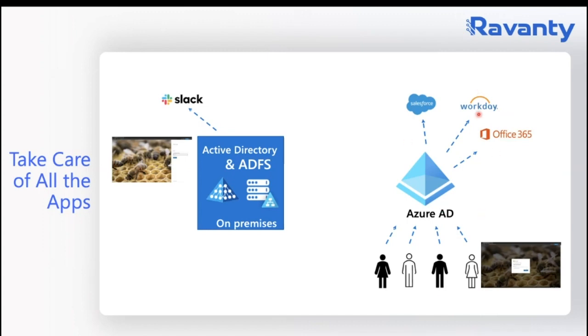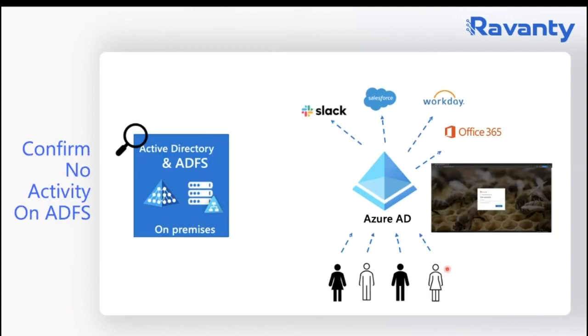Your applications are single sign-on to Azure AD. So what that means is the user logs in with their username and password. If there's any conditional access policy or other things that were implemented, they log in and then they access all their apps. Now, once everything is moved, we saw earlier that Slack was left. So we moved that too. We took care of everything.